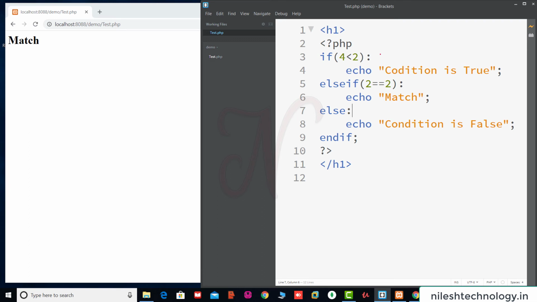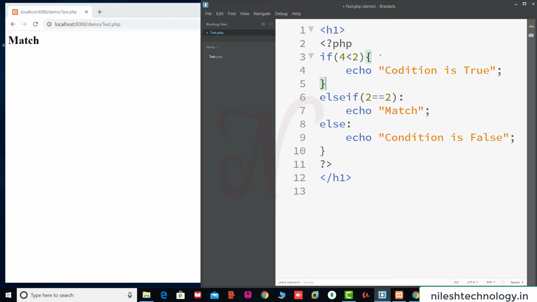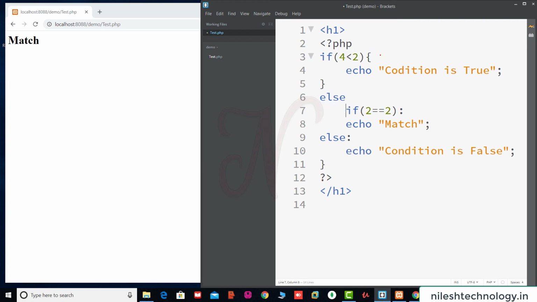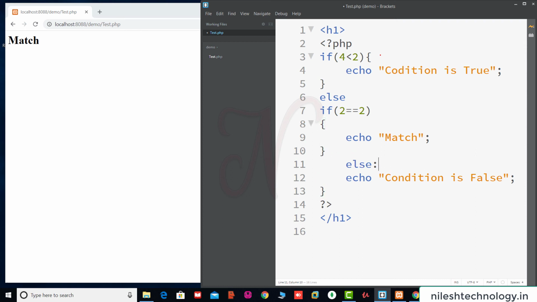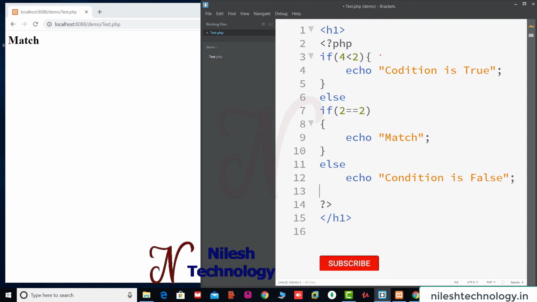You can also use the older way, by using the parenthesis. So there is an option to use the new syntax in PHP. Else if, save these changes.